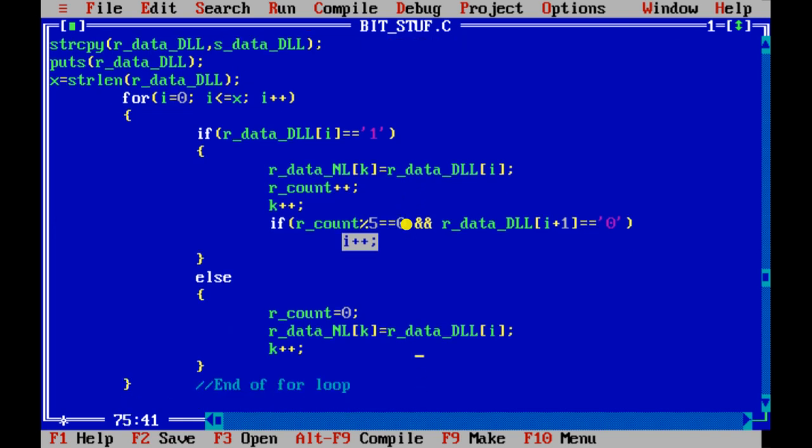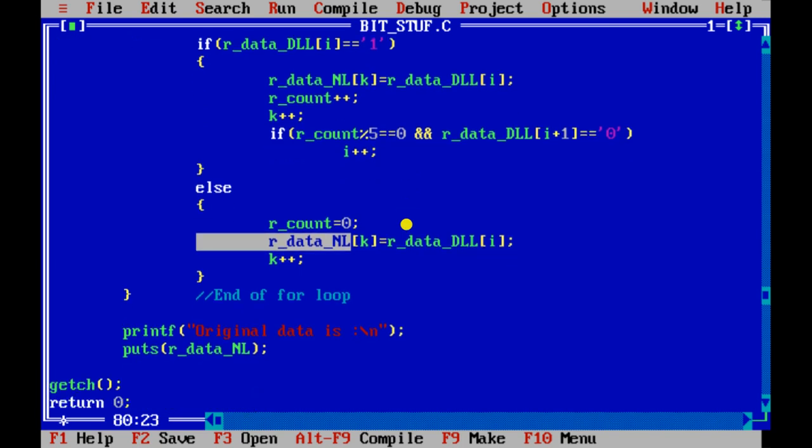And if there is a 0, whenever you find 0, make your counter 0 again and copy the data. Keep going, copy the data. The only thing is that if you find 5 continuous ones, and the next position is 0, then you need to skip. इथं फक्त countering position increment करा, string च्या ith value increment करा. Like that. And this is the destuffed data that you will get after the complete process, which you simply have to print.